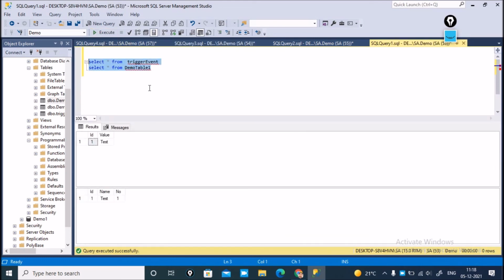So execute this one, and you can see that my trigger is working properly at the time of inserting data.